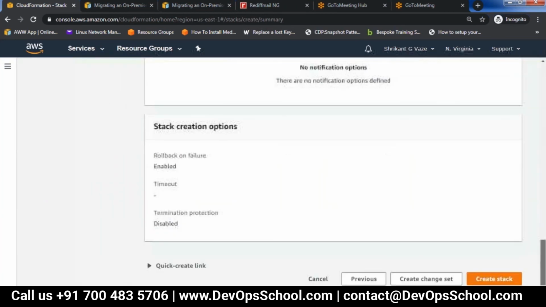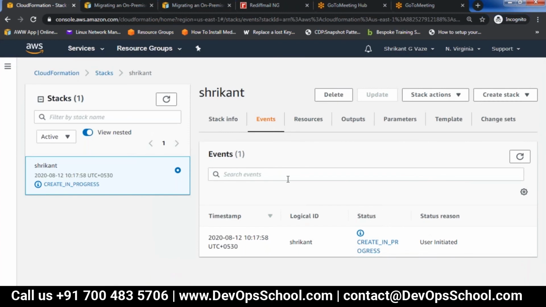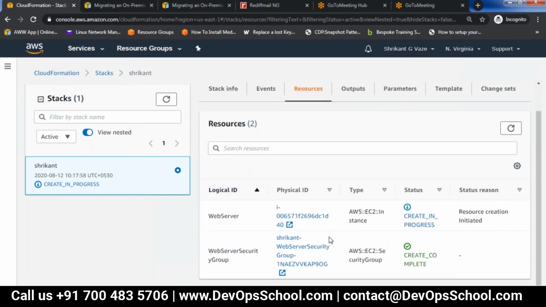So let's see, then it creates. Okay, so now create is in progress. If I click on resources, you will see that there is a security group that is getting created here. So that is created.